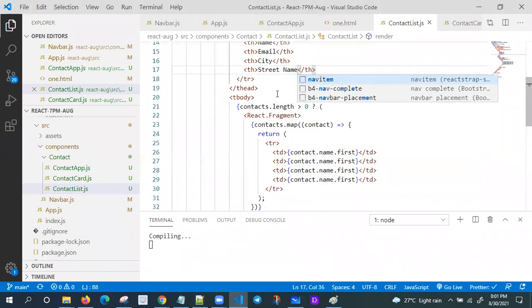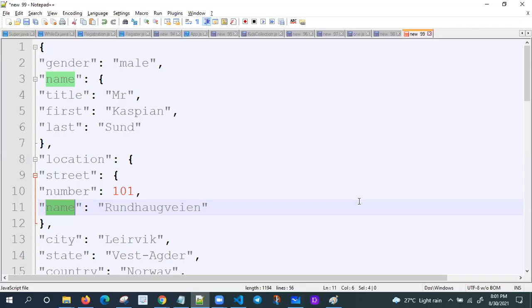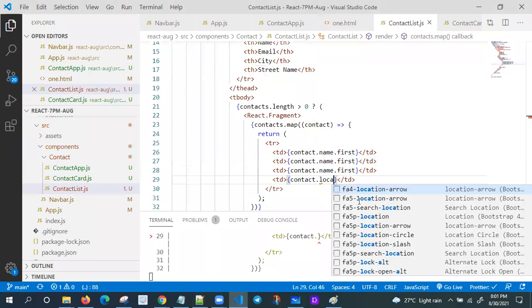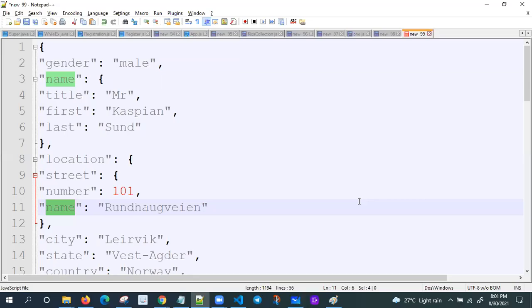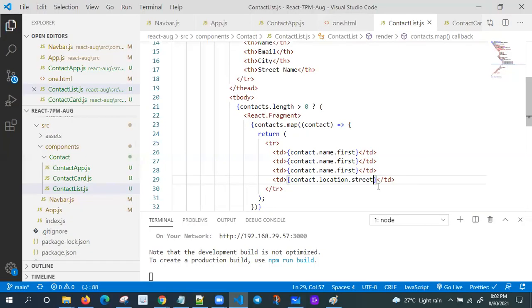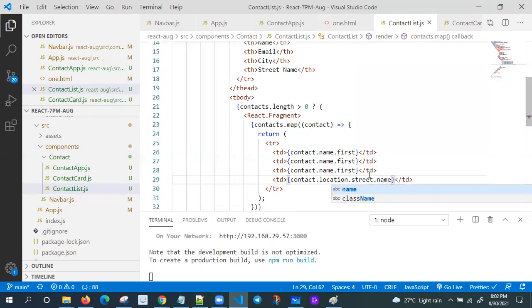I want a street name. And last one, right? How to get contact dot location dot street. Street is there, na, street is the object, right? Street dot name. Street dot name. Fine. Let me check this one.